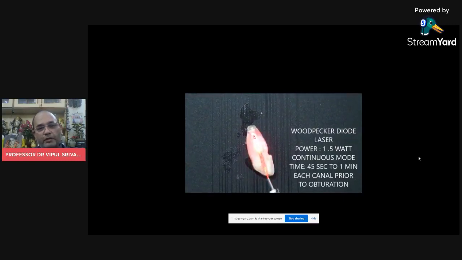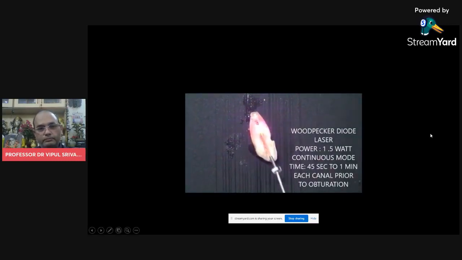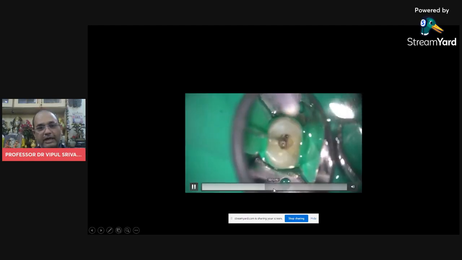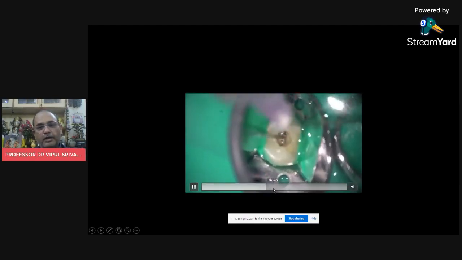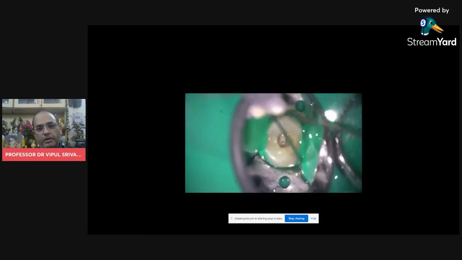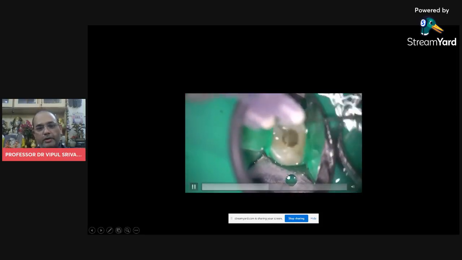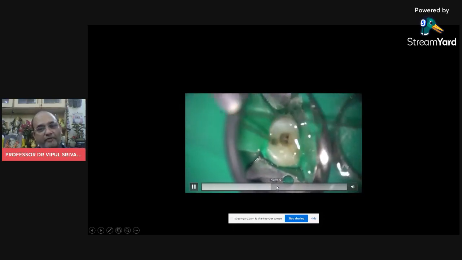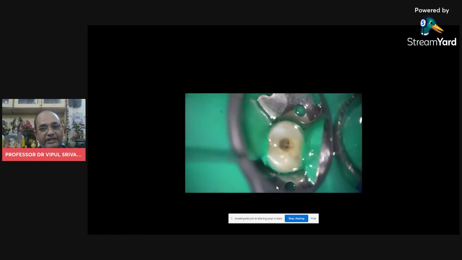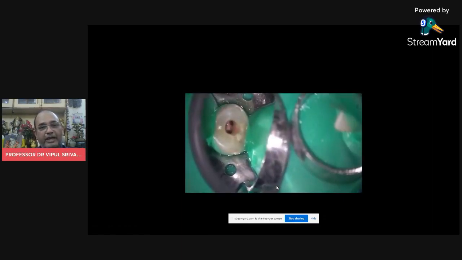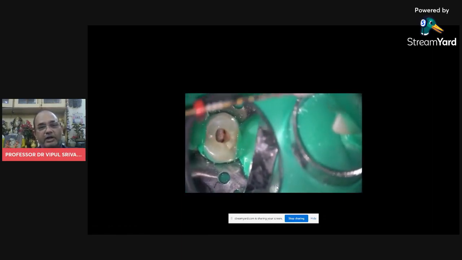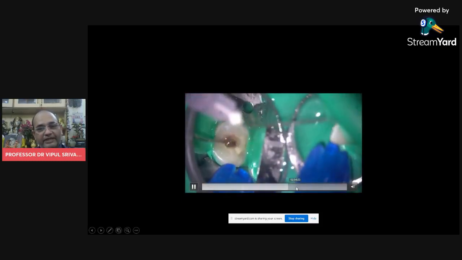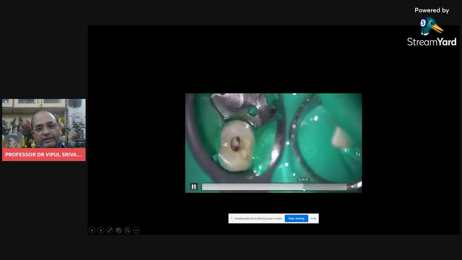Circular motion, up and down. And the clinical procedure, like I just told: prepare the canal just prior to obturation. Flush with EDTA. It is important to flush with EDTA. Why? Because you need to remove the smear layer, then only will the depth of penetration work. Final flush with EDTA, and then